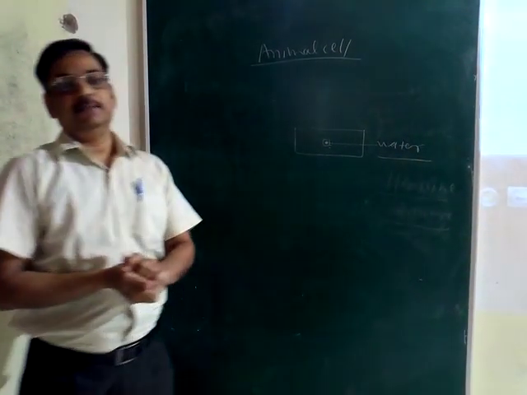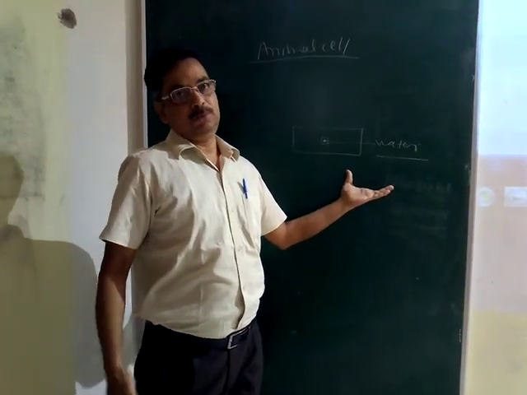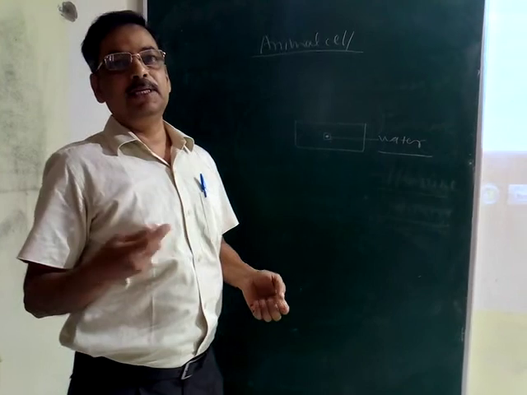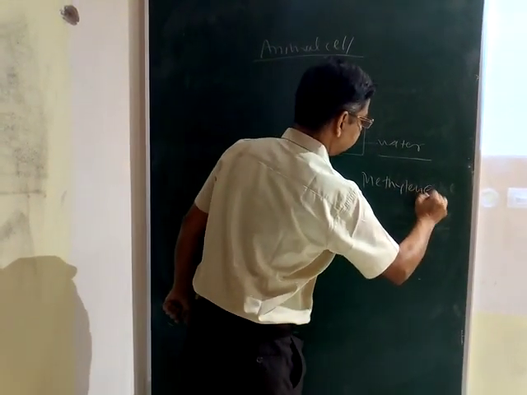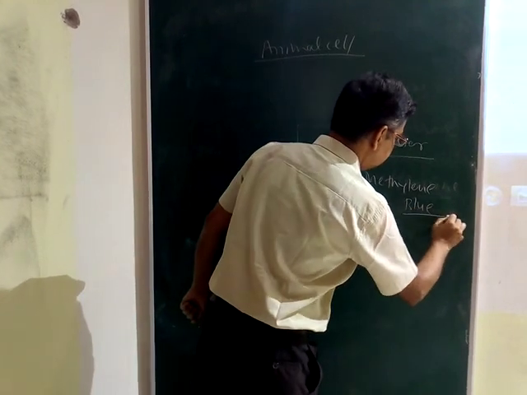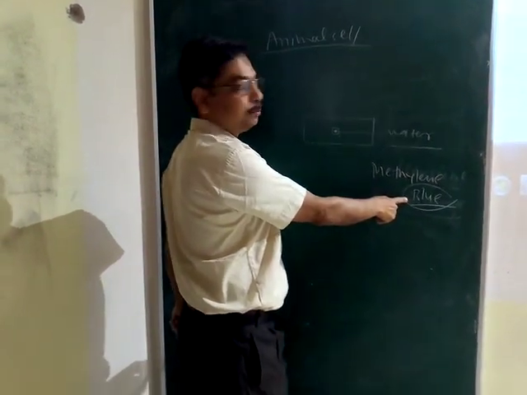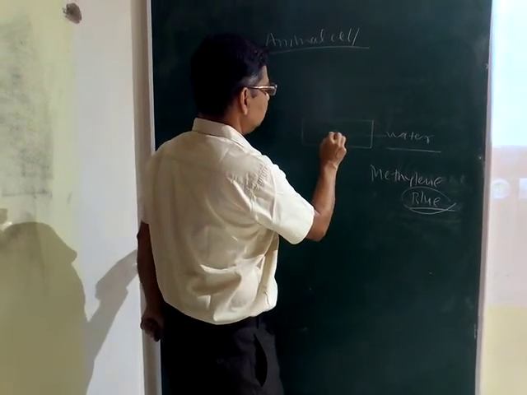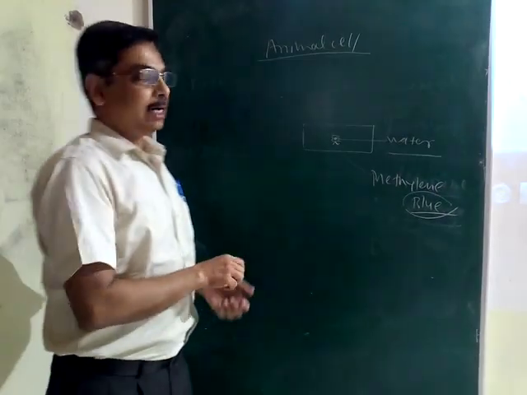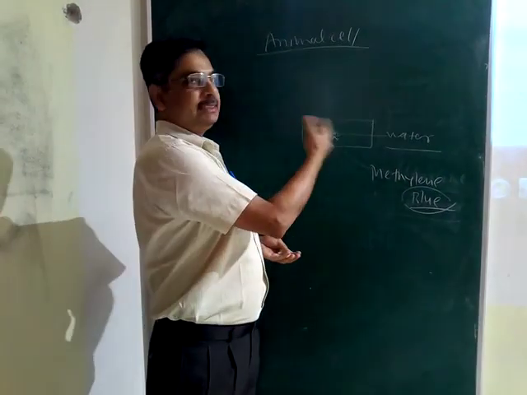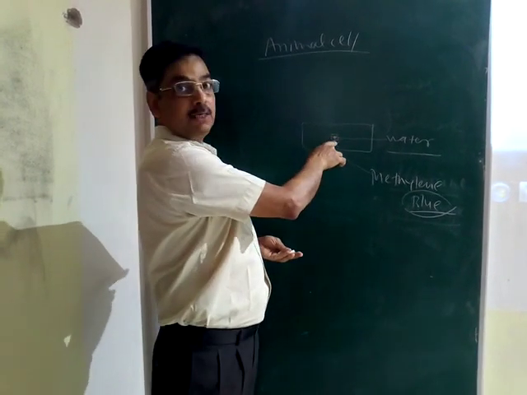One thing is different here. In place of the safranin we put methylene blue. What is the other material? That is methylene blue. It is blue in color, that's why it is called methylene blue. So we put 2-3 drops of the methylene blue here again. After putting the methylene blue, the color changes, it becomes blue or light blue we can say, because we have put water here also.